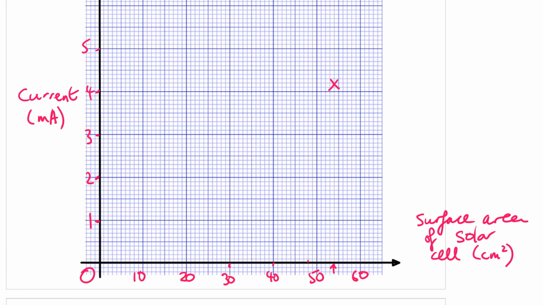Just about there. 42, 2.71, 2.5 about there. 36, 2. 30,